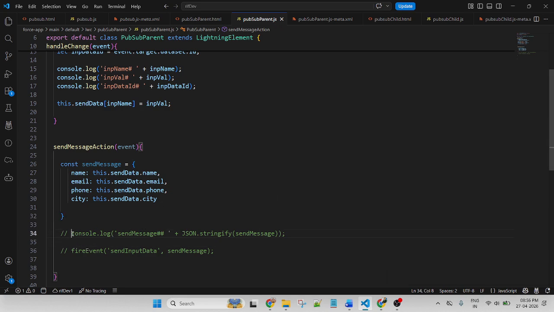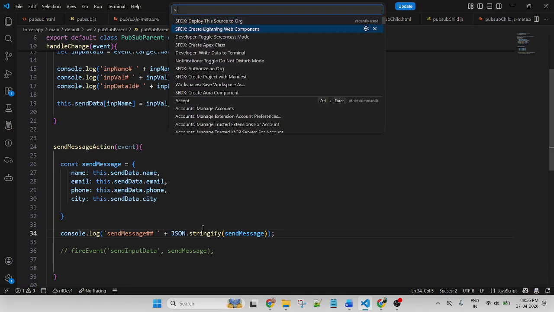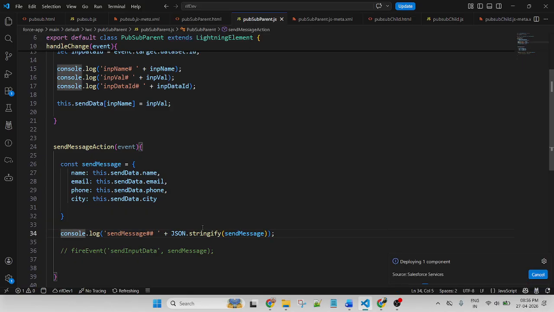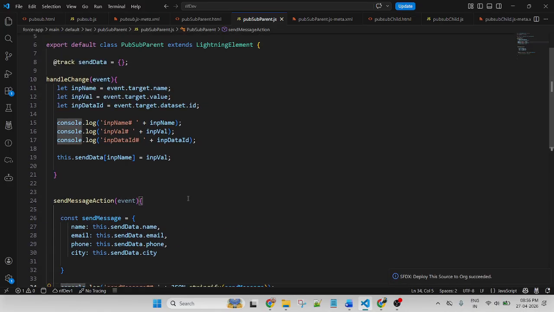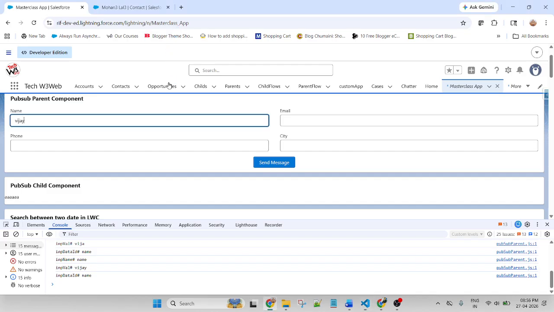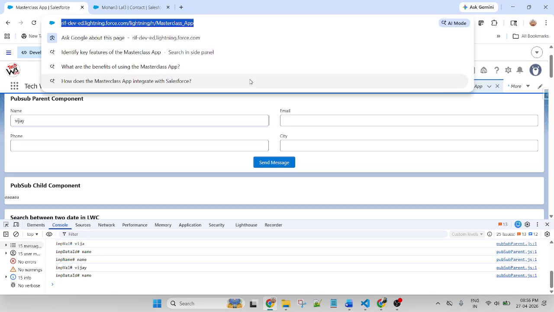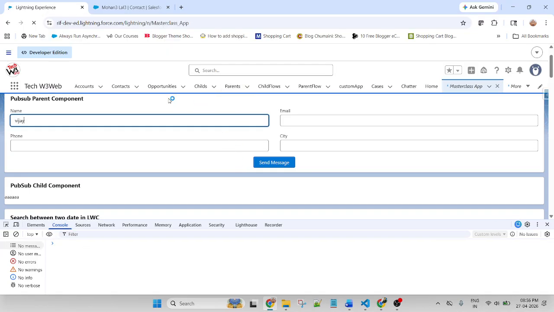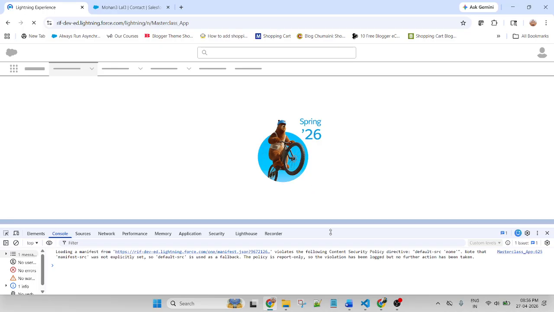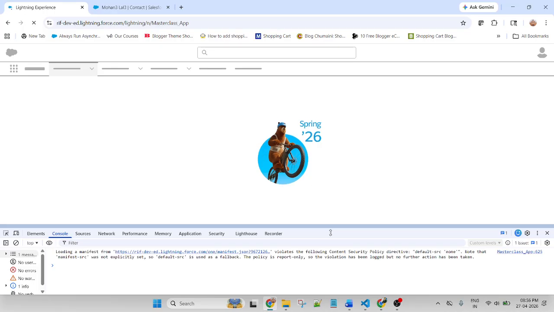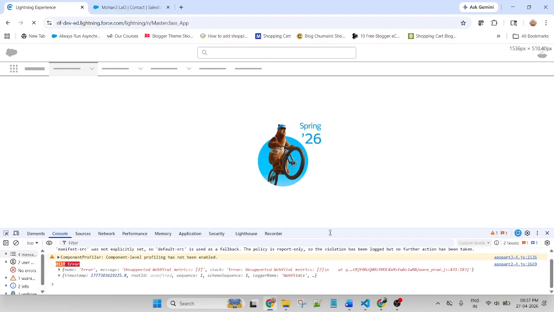So before calling the event, let me check the data. Yes, sir, the code is the same, nothing changes. Sometimes it's a browser problem. I did not change anything at the component level or the JavaScript level. Component and JavaScript are the same, but at that time it was not working.